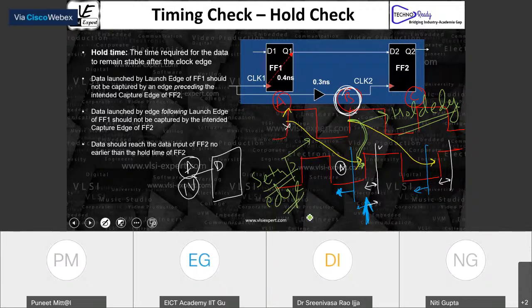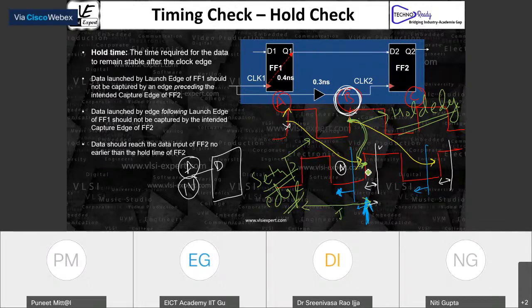That means when we do the analysis, we are talking about this and this edge. When we talk about the setup, we are talking about this and this edge. If you see the setup edge, there is a time period, a time t.